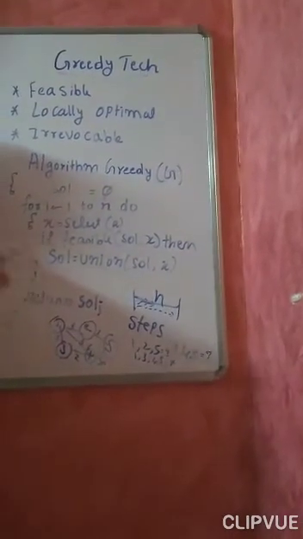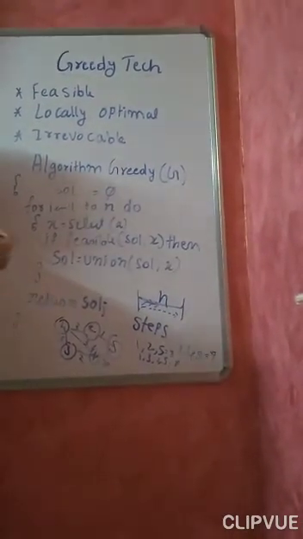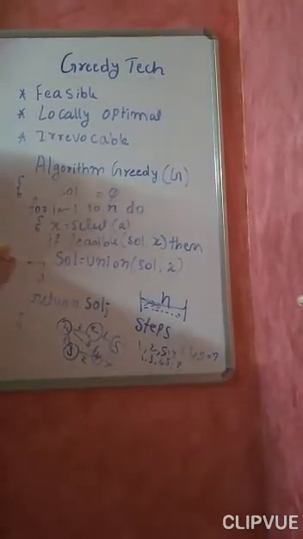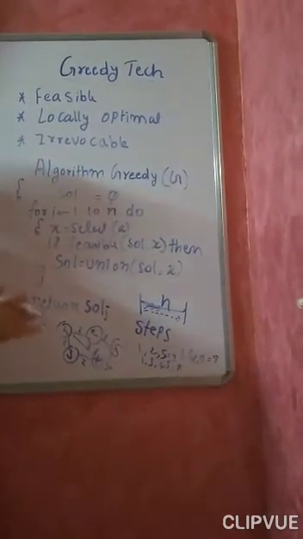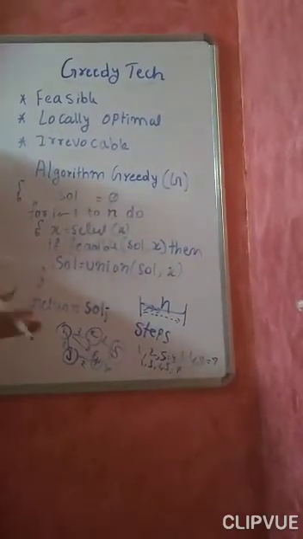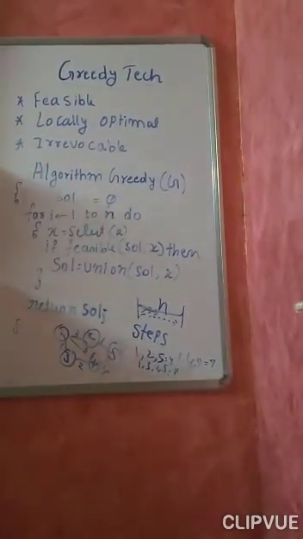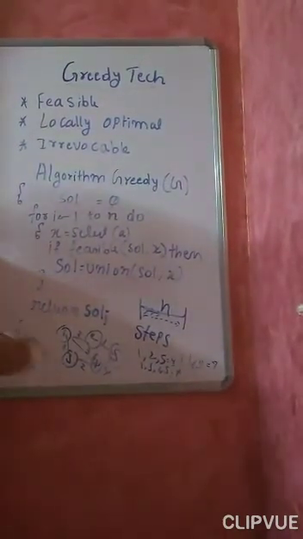An optimal solution is a feasible solution with a maximum profit or a minimum loss, or a minimum cost. In this case, we can call it the least cost. Cost can be in terms of kilometers, cost can be in terms of money, whatever it is. So that is the difference between a feasible solution and an optimal solution.